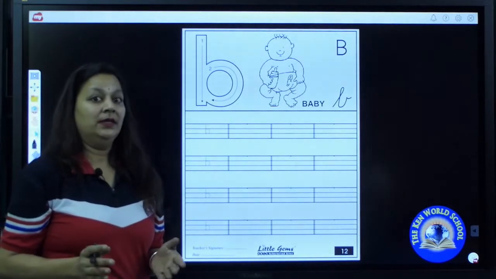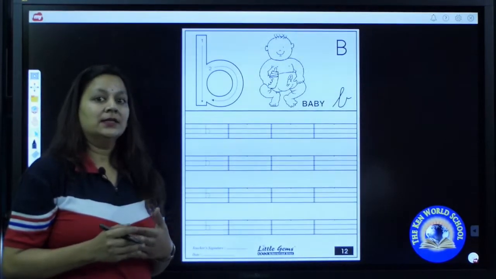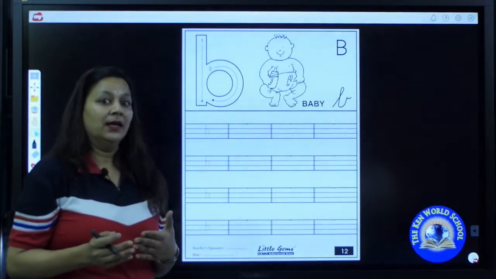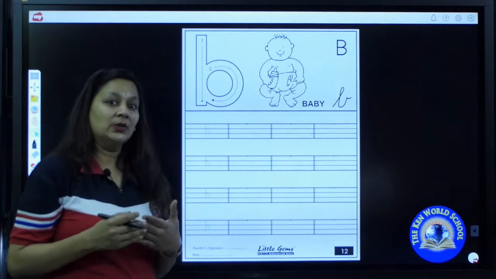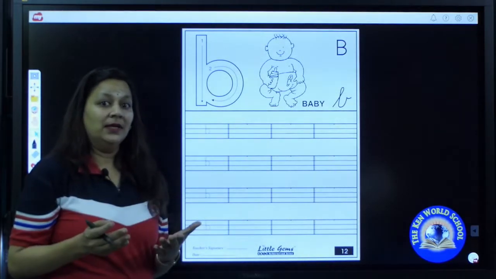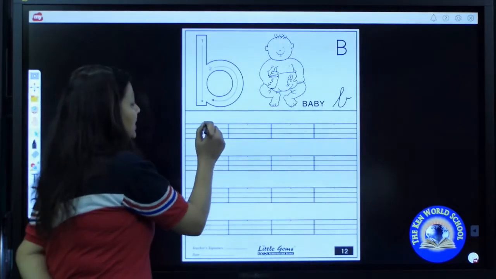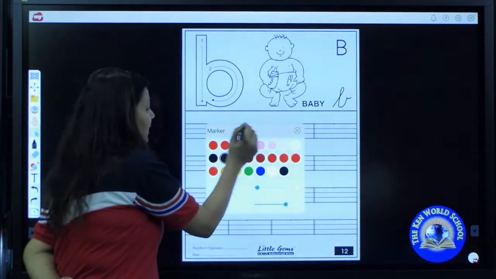Sit properly. Sit half on your chair and start writing with me. Today we are going to start together. Let's see who completes their B. Okay. Now we have to put our pencil on the top line.